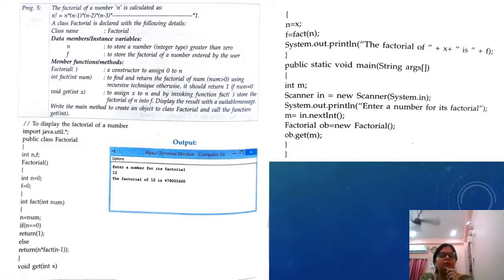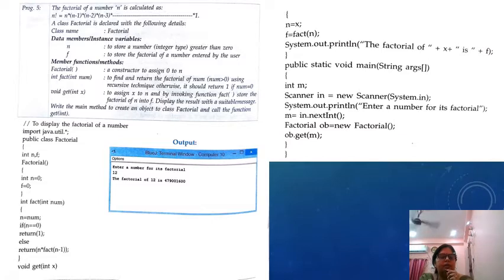Now, class factorial has been taken here. The factorial, it means this is your constructor, a default constructor. Because in the program it has been given that you have to assign, you have to write it as a constructor to assign 0 to n. After that we have a function int fact, and we input a number here.